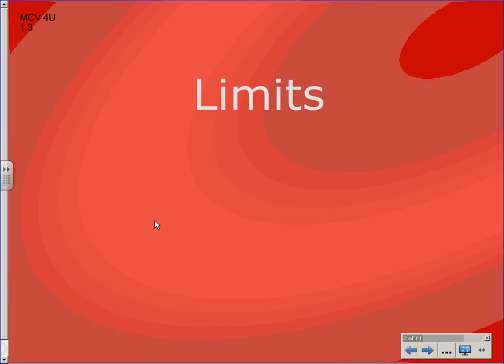All right, we have one of my favorite topics today. Actually, we get to talk about limits. Limits are fun. Limits are a pretty important idea with calculus. Remember, we've been talking about slopes of secants and slopes of tangents and trying to make the secant closer and